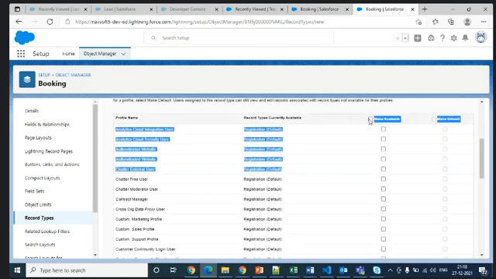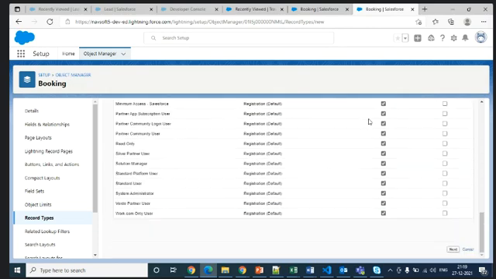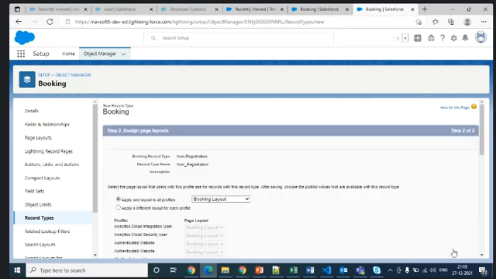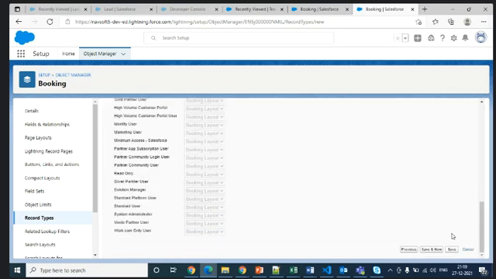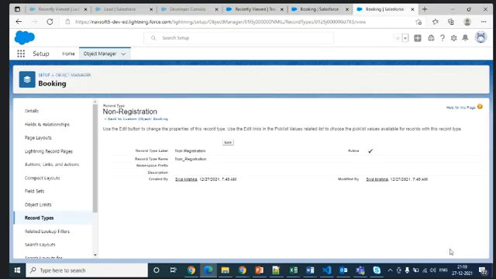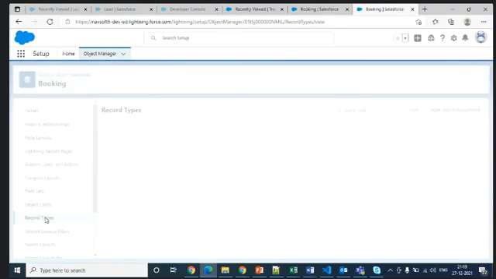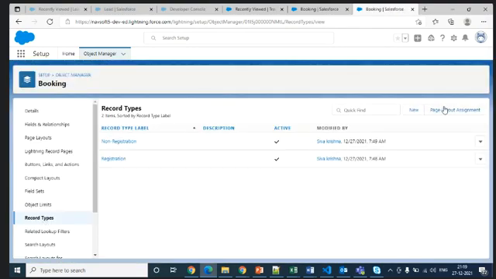You can activate it, make it visible for everything. So you created two record types now.